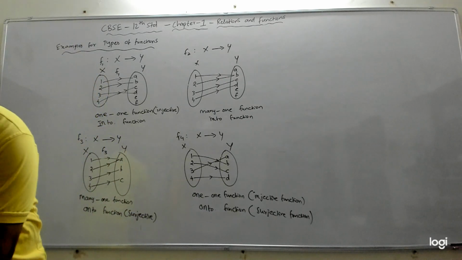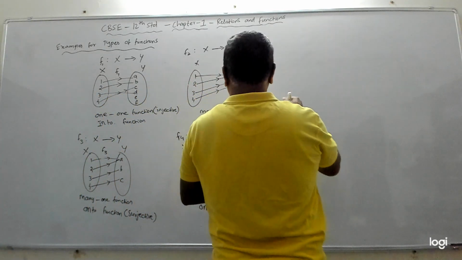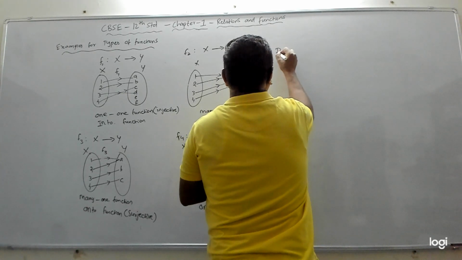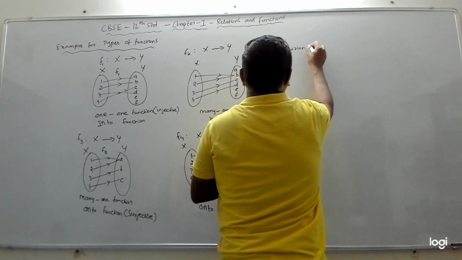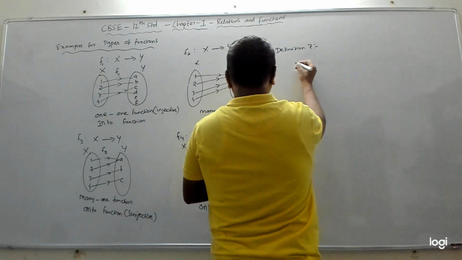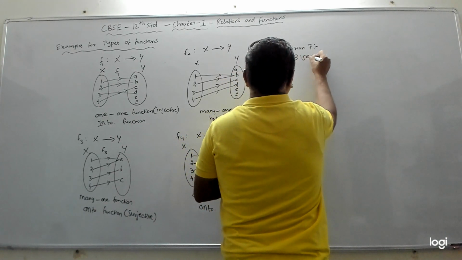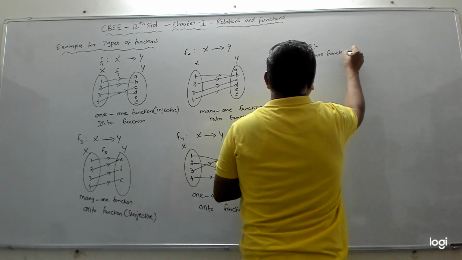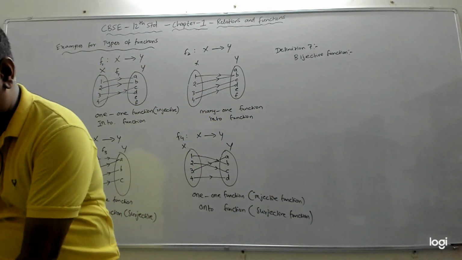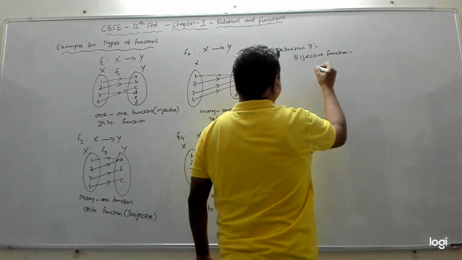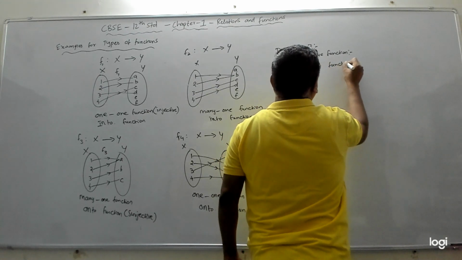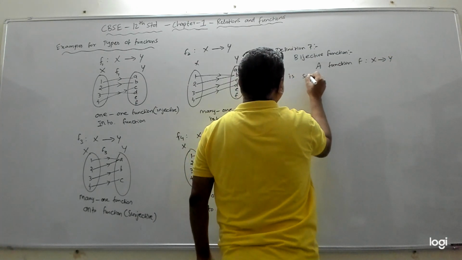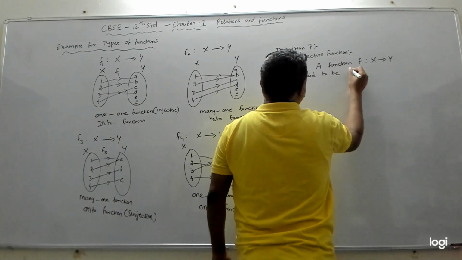Next we have one more type, which is definition 7 in your textbook, page number 8, for the bijective function. Definition of a bijective function: a function f from set X to set Y is said to be bijective